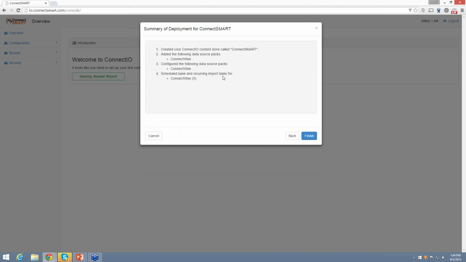And then finally, we can see at the end here, it gives us a little summary. So we created that new content store, right, which is basically creating a database on the back end. And then we deployed out that ConnectWise data source pack, which of course created all those new models and tables and views and things on that content store. And then we configured our ConnectWise instance with some credentials and then scheduled up some tasks so we can begin